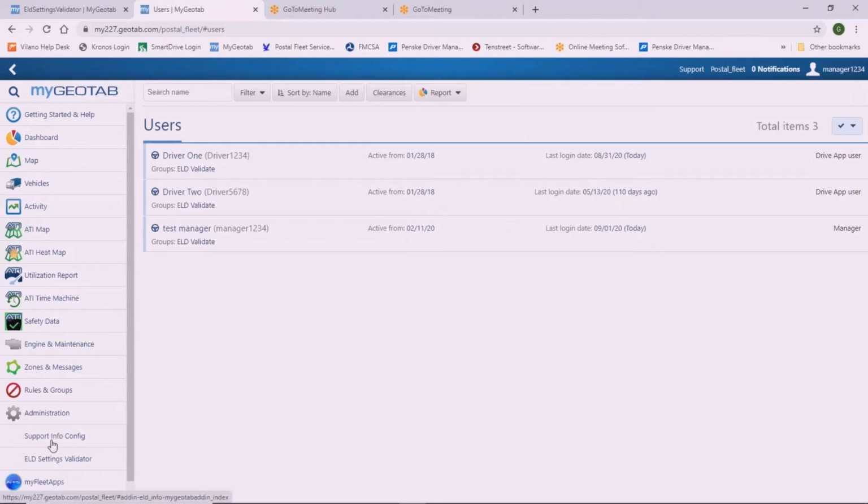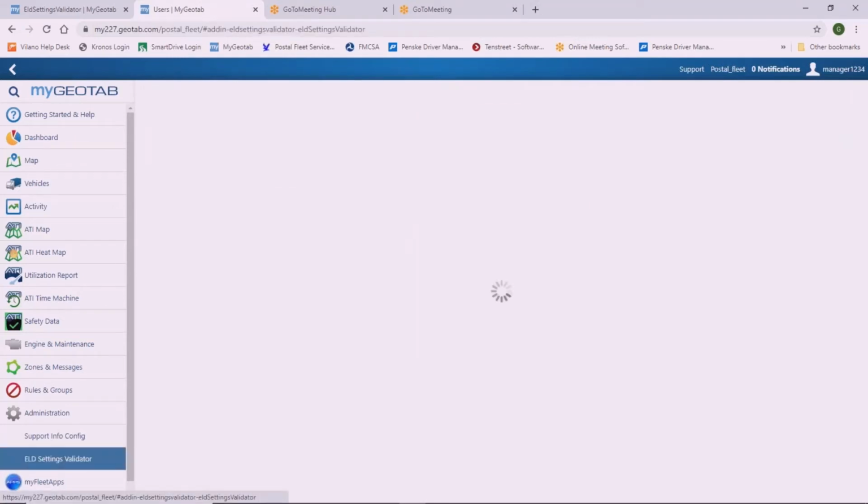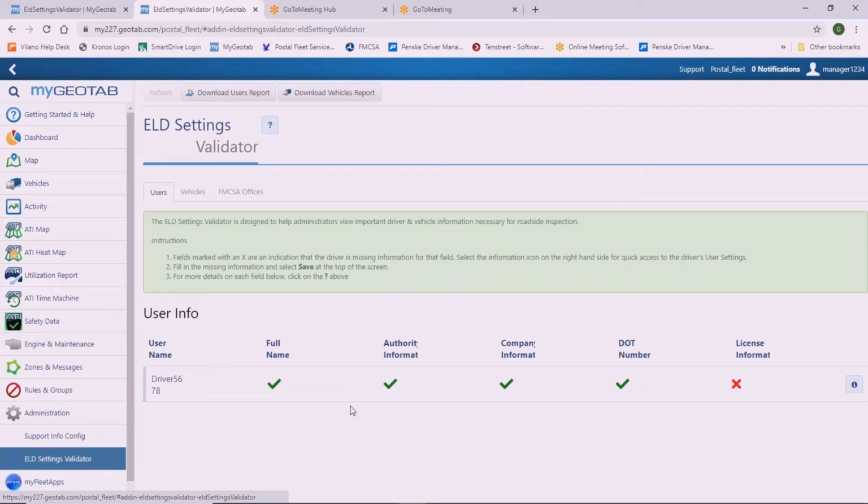Now we can go back to the settings validator. And as you can see, driver 1234 no longer has any missing information, so it doesn't show up there. Now we're going to have driver 5678. Again, the information for the name is correct, authority is correct, company and DOT number,